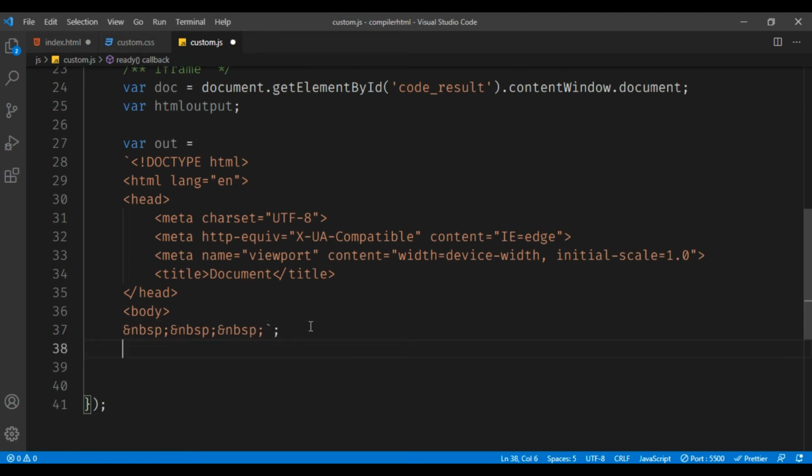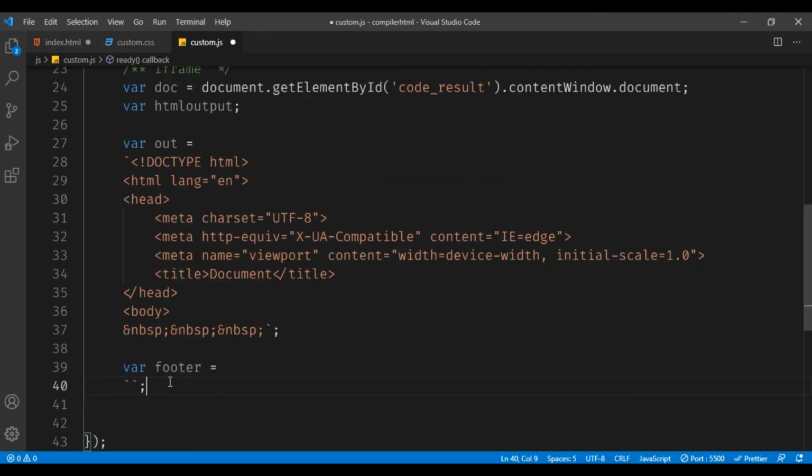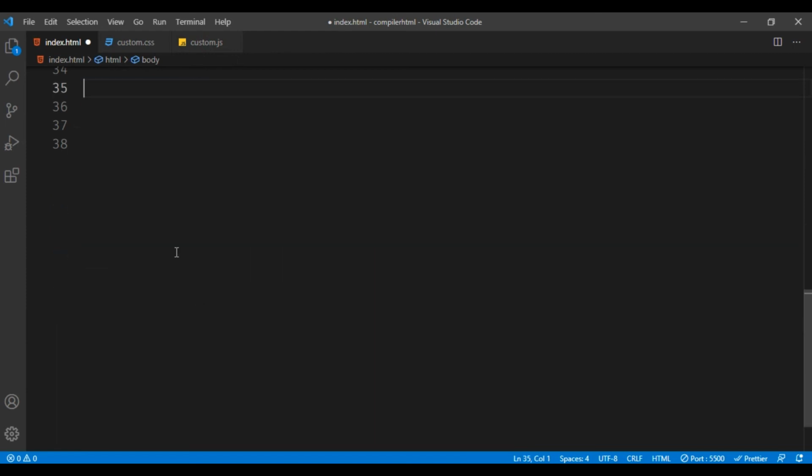Okay guys, now I'll be considering another variable known as footer and copy the rest of the code. Okay, now let me delete this thing.